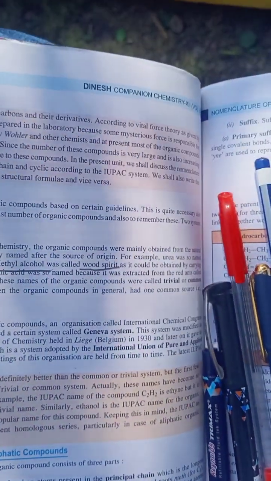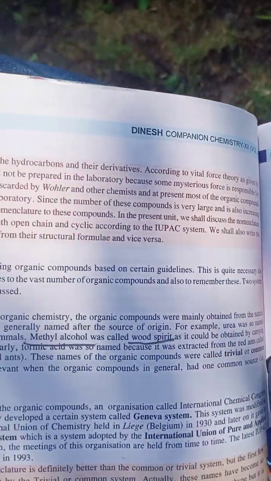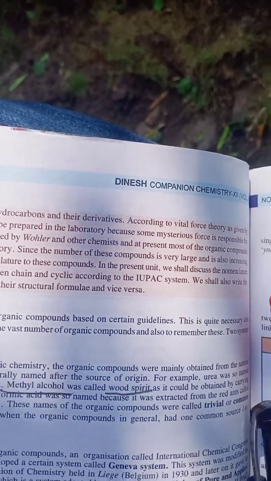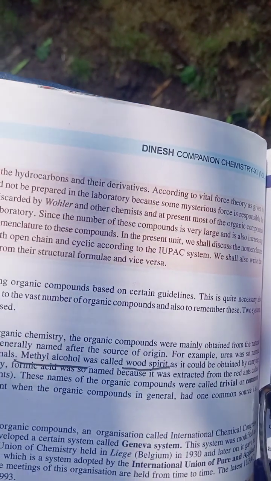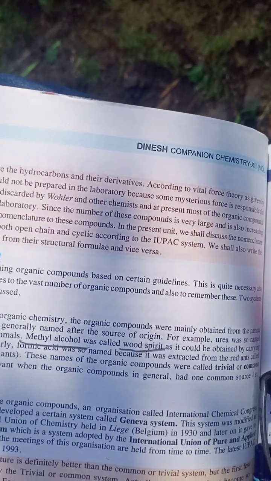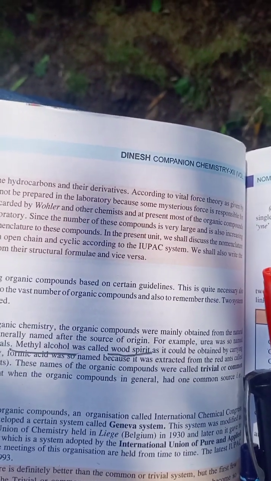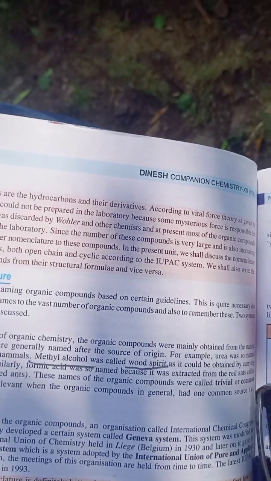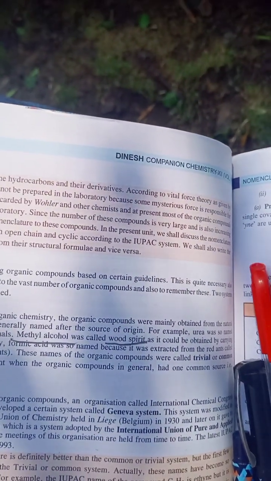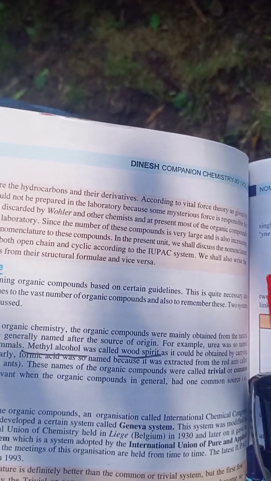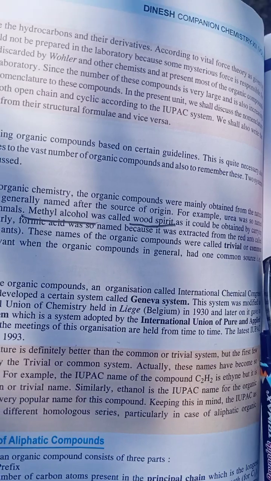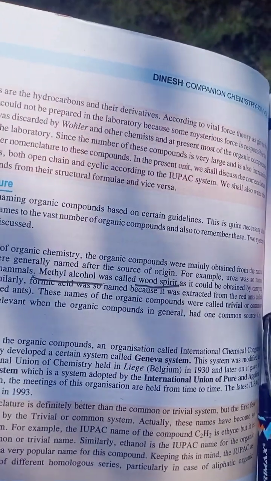For example, I will give you a very easy example. Your nickname is something else. For example, my nickname is Kashish, so everyone knows that my name is Kashish. These are accepted because it's easy to pronounce and easy to remember, so my friends also call me by that name. But my official name is Mantasha Hasan, so nobody will recognize that. So both names are important, in chemistry as well.